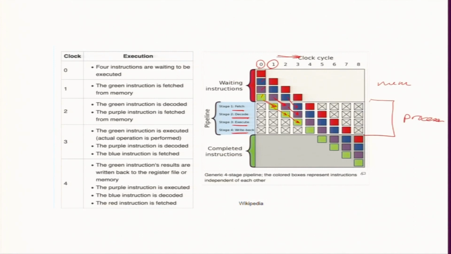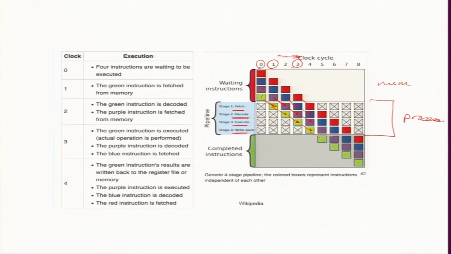So, this is pipelining, right. I mean, the assembly line is moving. Clock cycle 3 is done. In the 4th, whatever I have executed I can send to write back. So this will be written back. In fact, next clock cycle it will appear in the RAM, but whatever I have decoded can be executed, what I have fetched I can decode, and a new instruction has come in. So you can see this moving in clock cycles.